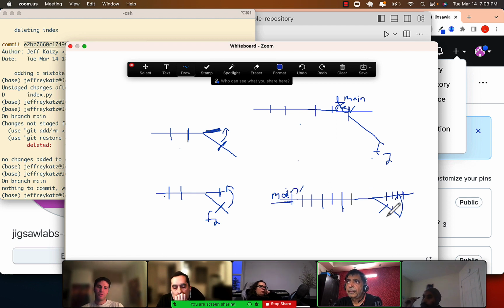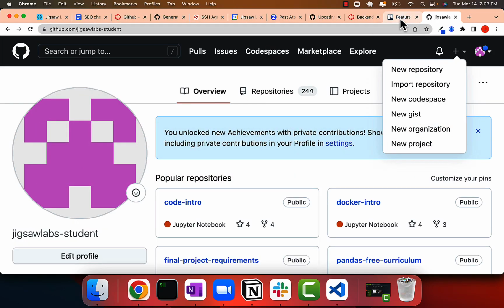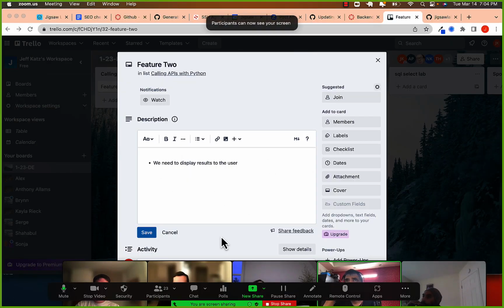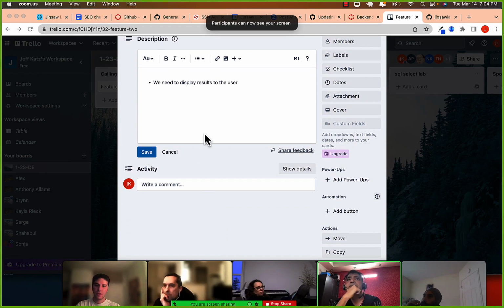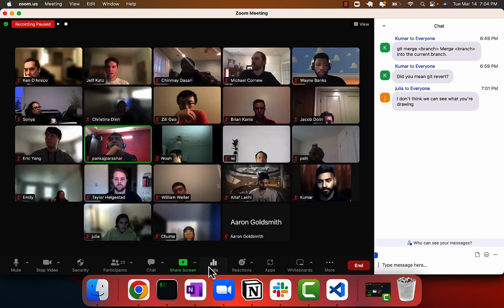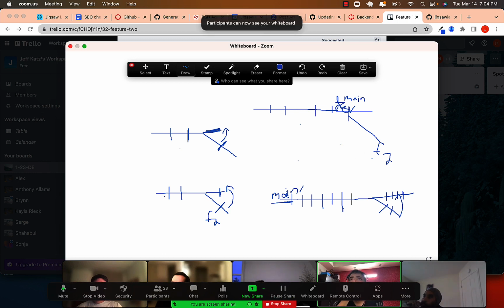All right, so we have our feature branch, we merge the changes into the main branch. At this point now, we'll close the story on Trello. Let's say it's here. I'll share my screen. We'll go to Trello and tell the product manager or whoever that we are done with our story. We'll move this story into a queue that says it's completed. So from here, what will happen is